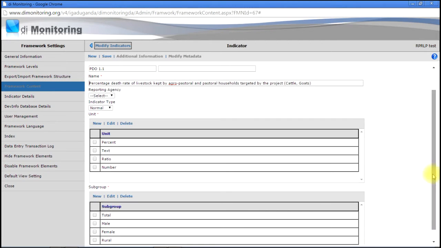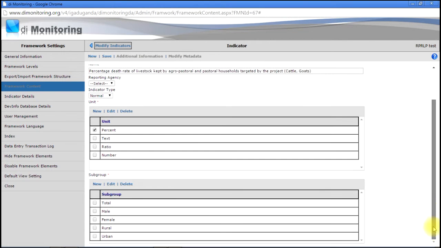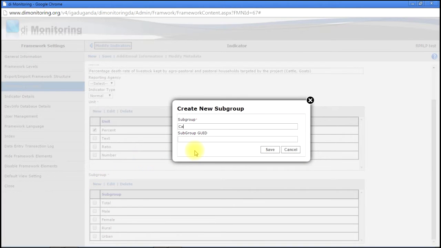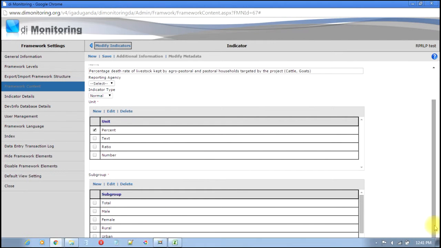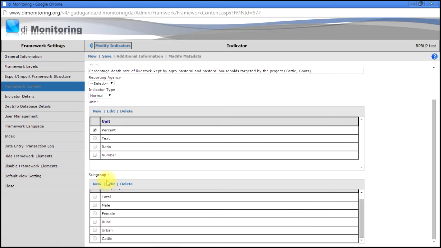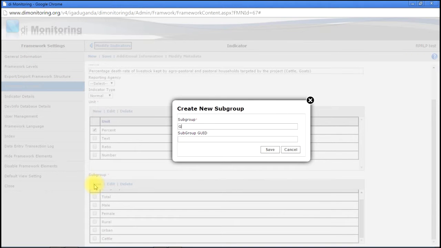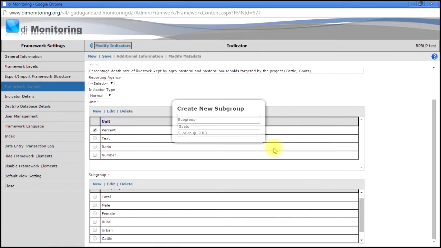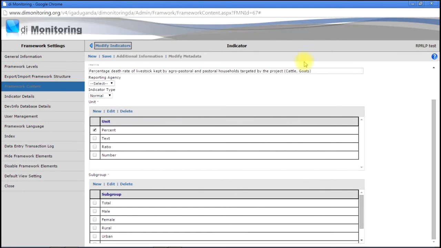The unit here is %. We'll scroll down, go to subgroup. We need to create a new subgroup called cattle and a new one called goats. Click on new and just type in cattle, save, and repeat the same process for the next subgroup, that is goats, new, and then we'll say goats, save. So we've just created two more subgroups which will be listed at the end of the list of subgroups, and